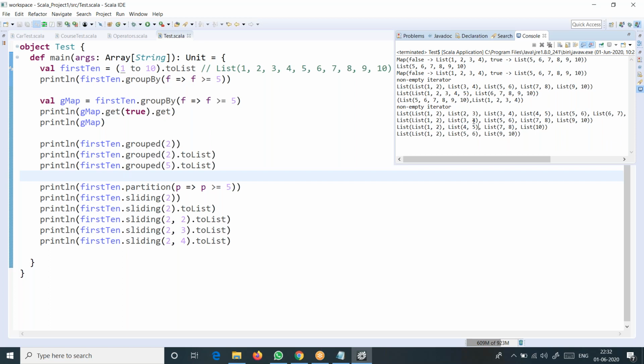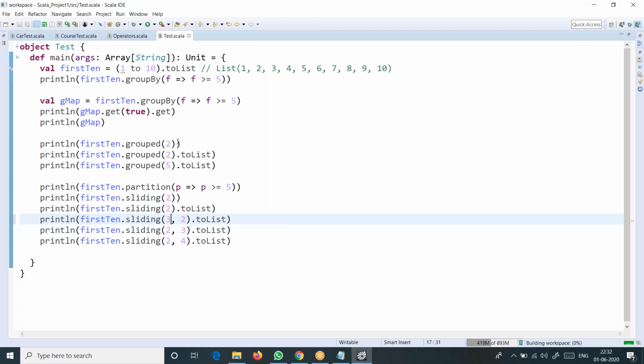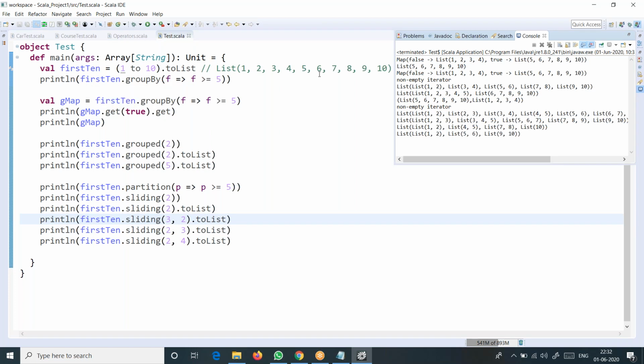Same thing is continuing. By this you should understand the internal algorithm now. So between two different lists, the difference is what it is showing here. The second argument means by how much the distance should be between two lists, and the first one means how many elements each list should have. Out of curiosity, I'll do one thing. Let me put 3 here. What happens? You can see it is trying to put 3 elements in each list. Can you see that? That's clear now.